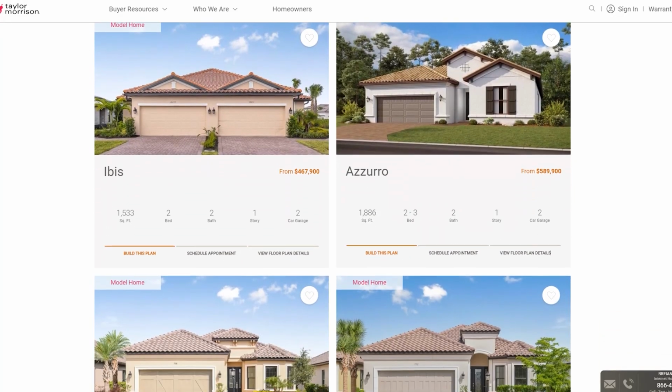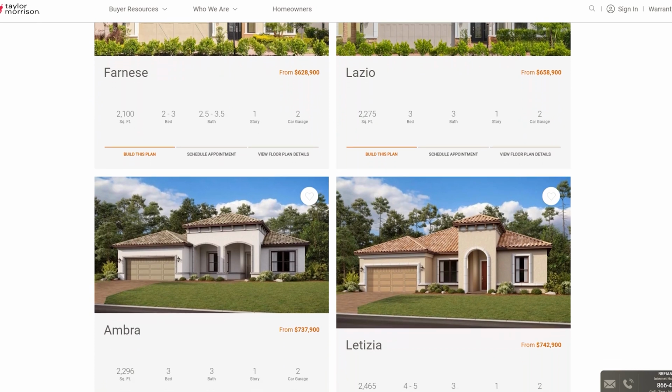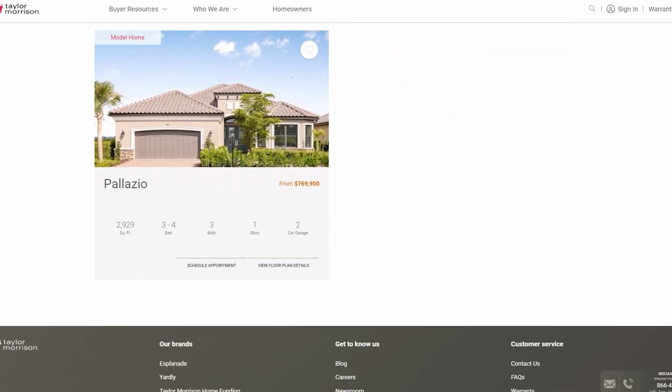year. So the Esplanade Skye Ranch will have 7 floor plans to choose from, consisting of either connected units or single family 1-story homes. And you can choose from 2 to 5 bedrooms and 2 garages. Now the connected homes, of course, are going to be a little bit more affordable, and they're going to start in the mid $500,000s all in. And the single family homes are going to go from about $700,000 all the way up into the $1 million